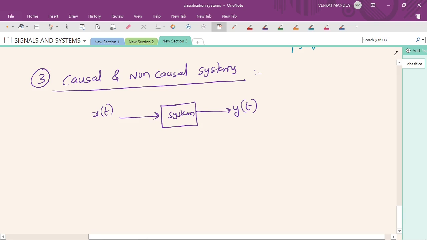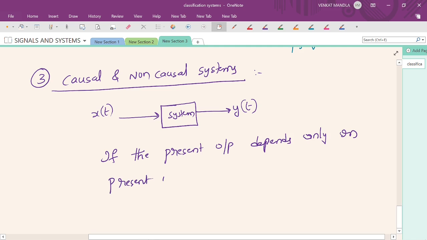If the present output depends only on the present input or past outputs,